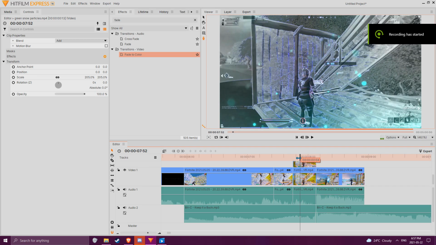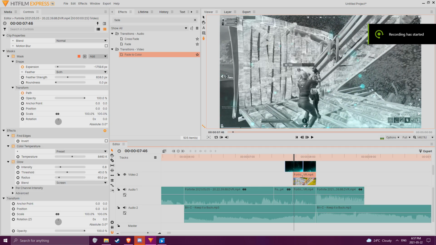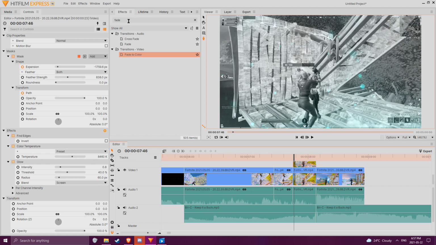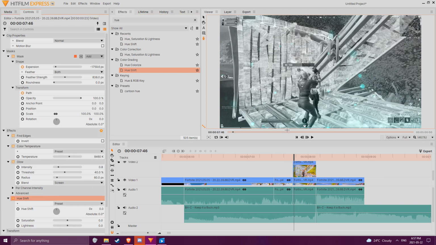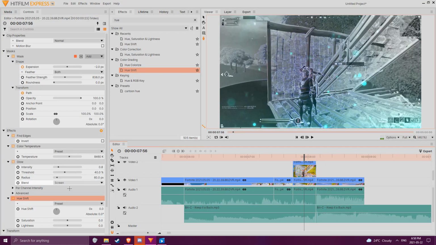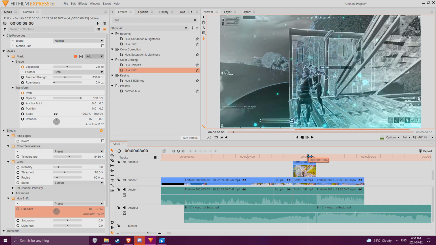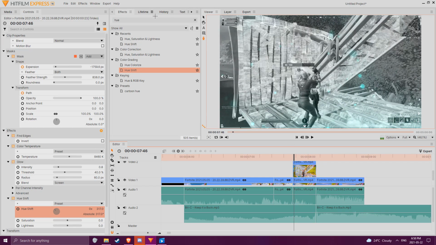So now what you want to do is click on the clip, and then you add Q shift to the top clip, and then you make the hue shift so it kind of looks like the particles. So this sort of looks like it. So yeah. And then we get vignette,